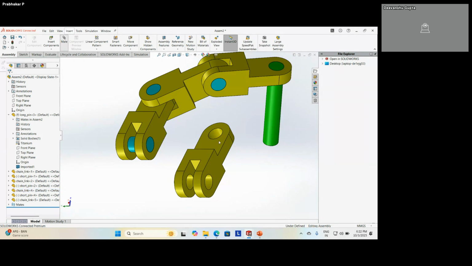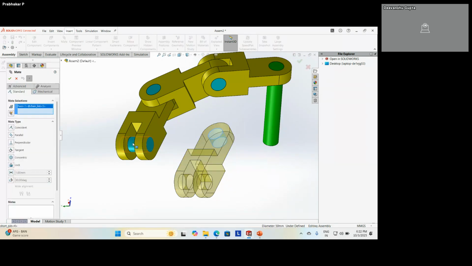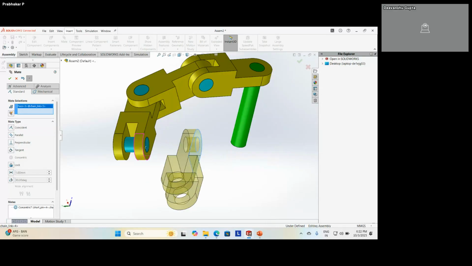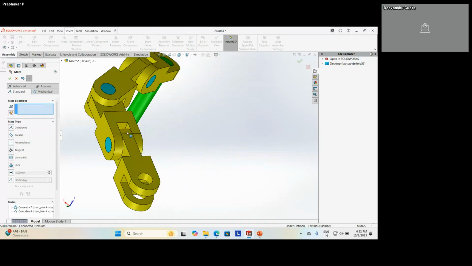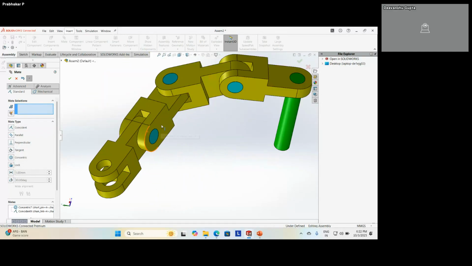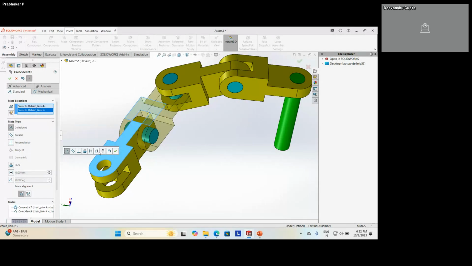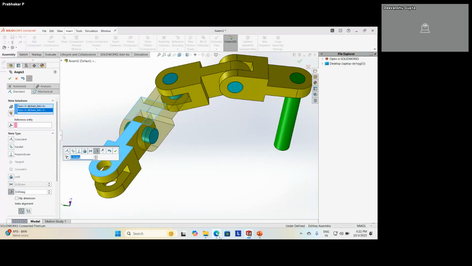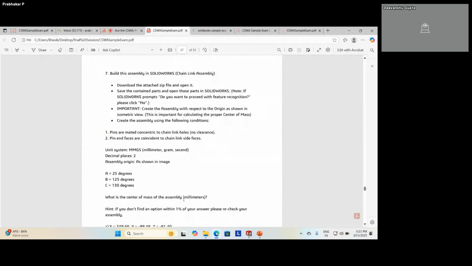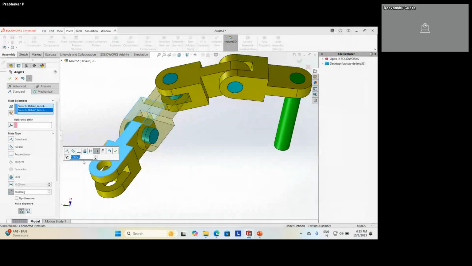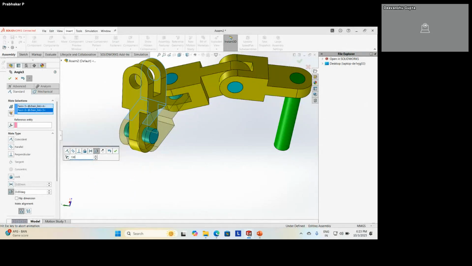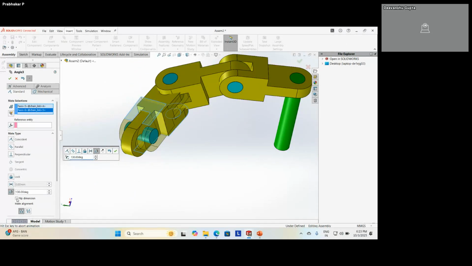Okay, and once again, select this. Same way, select this face and this face, angular. Here, the angle they have given is 130 degree. 130. So here now I have to play on this flip.